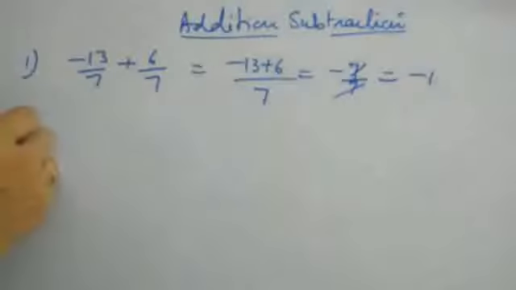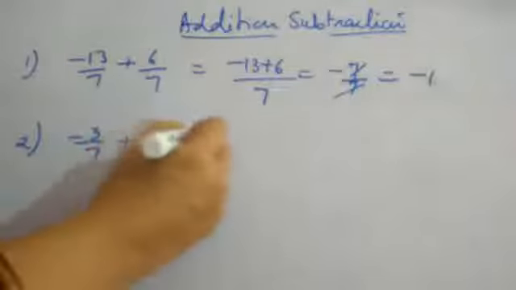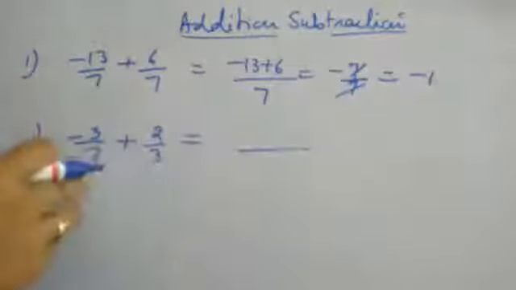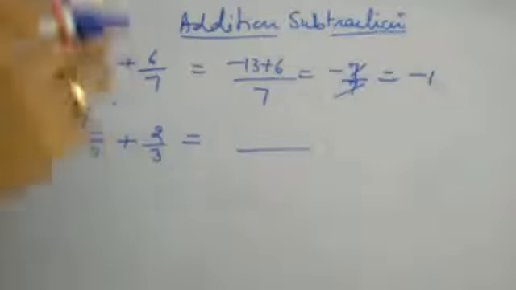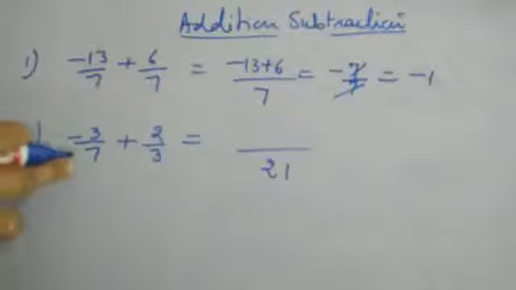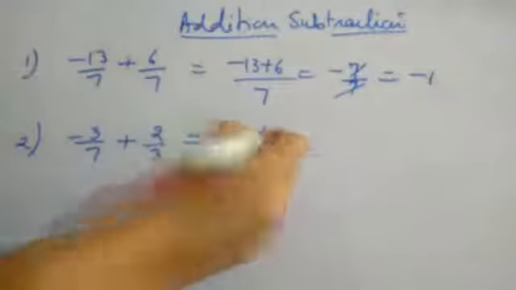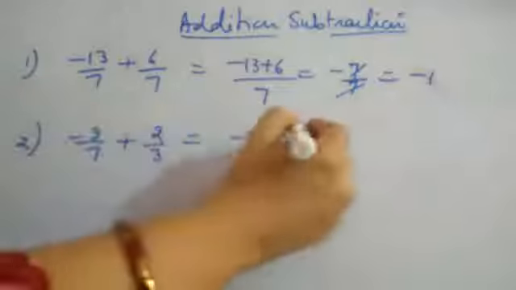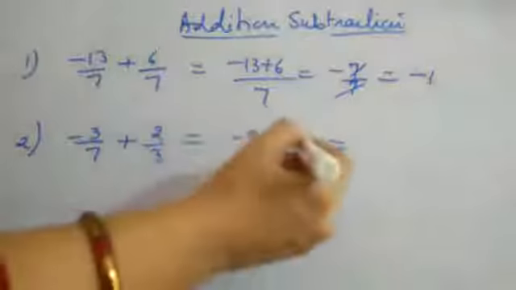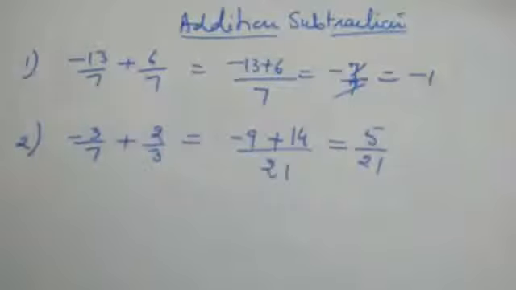Okay. See one more example. Minus 3 upon 7 plus 2 upon 3. Now here the denominators are different, so we are going to take LCM. Now these don't have any common factor, so we will simply multiply to take the LCM. 7 3s is 21, and then 7 3s are 21, so 3 3s is 9. 3 7s is 21, so 2 7s is 14, right? Now 14 minus 9 gives you 5 upon 21 is the answer, right? So this is how we are going to add the sums.